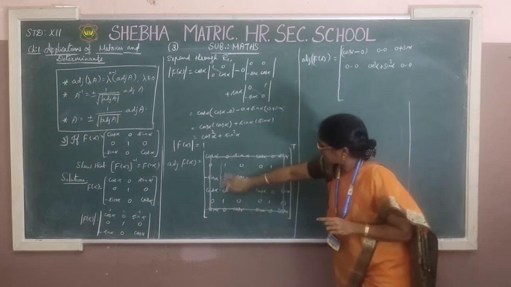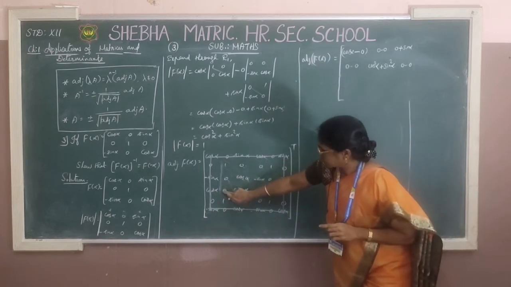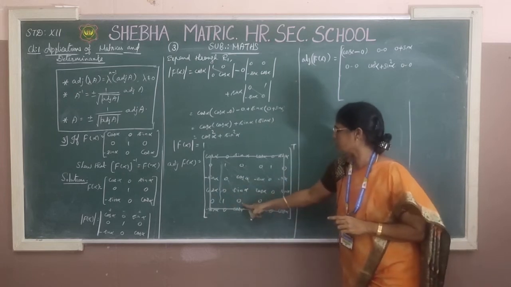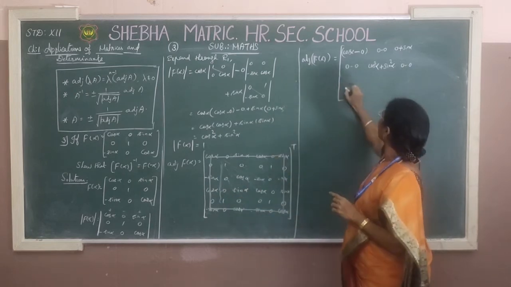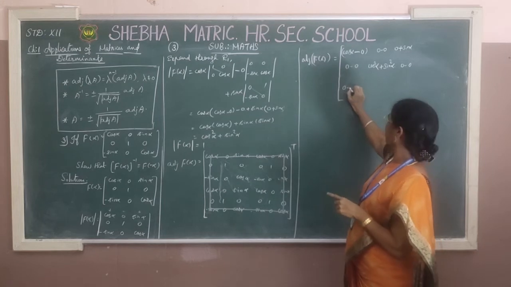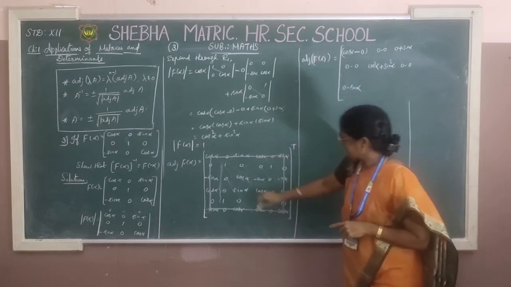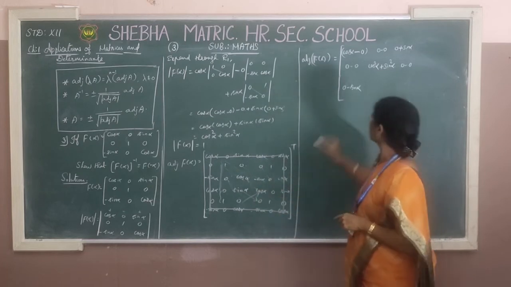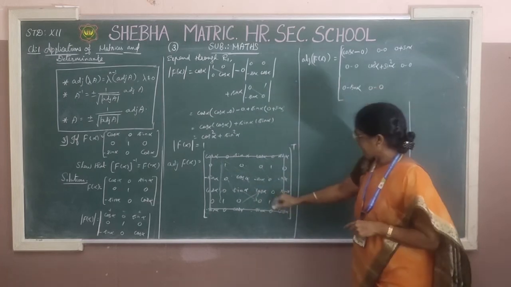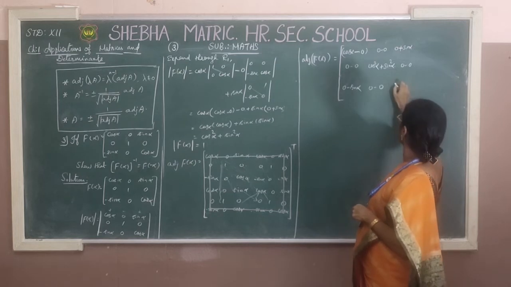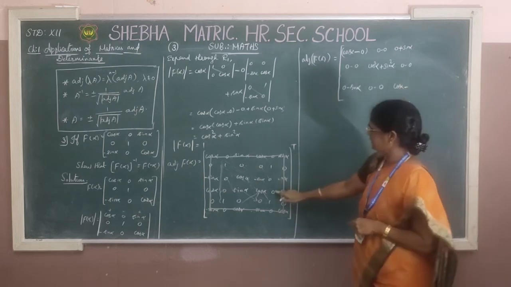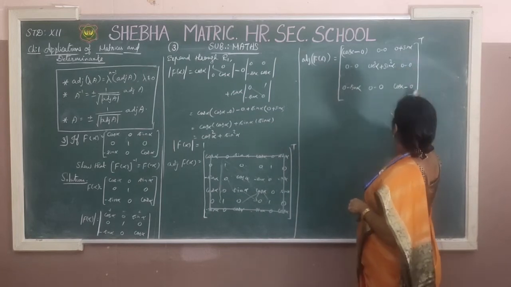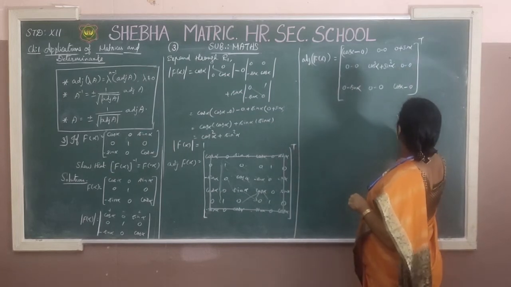Next consider third row and fourth. So, multiply these two, 0 into 0, 0 and minus sin alpha, 0 minus sin alpha. Next multiply these two, we get 0, again get 0. So, 0 minus 0. The next one, multiply these two, cos alpha into 1 is cos alpha, minus 0 into 0, 0 and put one t. Do not forget to write t.